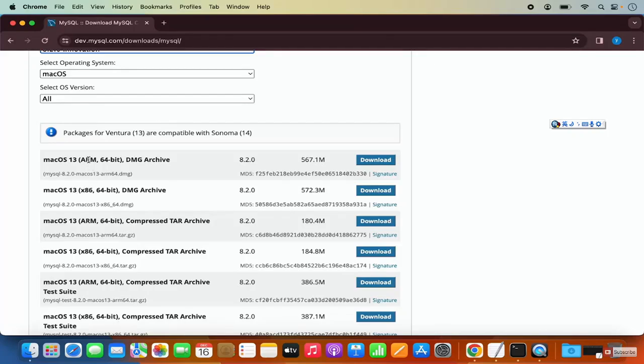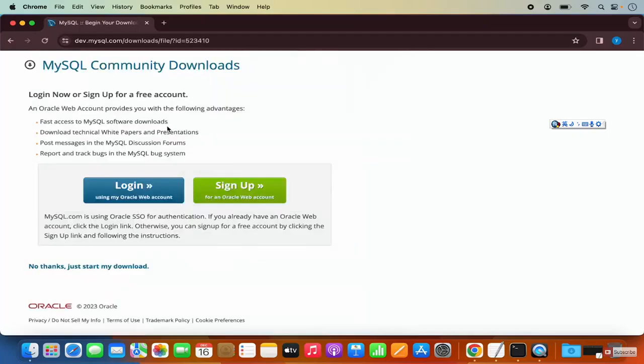If you are using the M1 or M2 version of Mac, you need to select the first option. If you are using an Intel processor in your Mac, then you can choose the second option. I have a MacBook with an M2 chip, so I'm going to select the first version. I'm going to click on the first download button, and then this website is